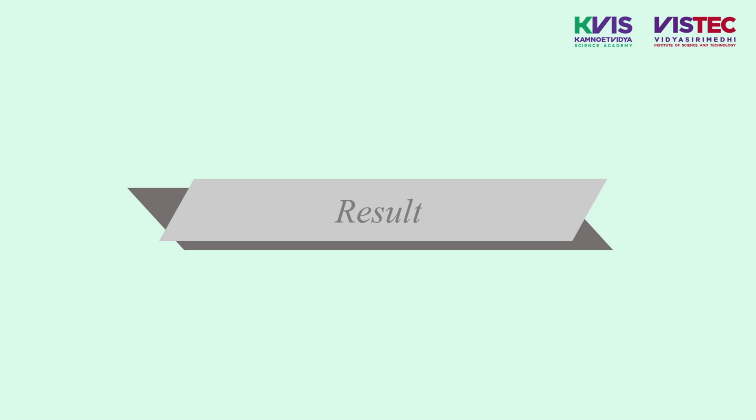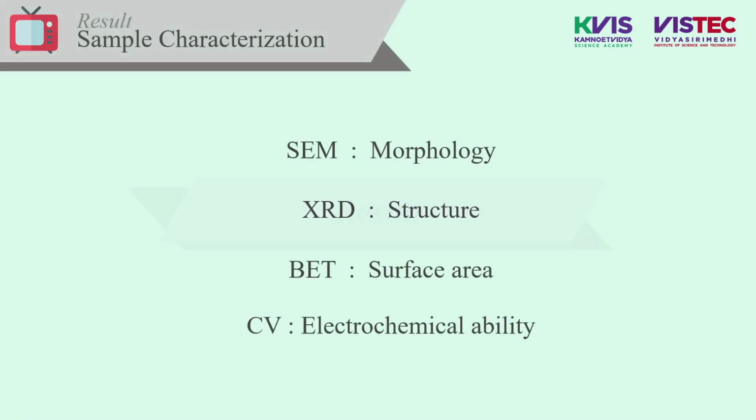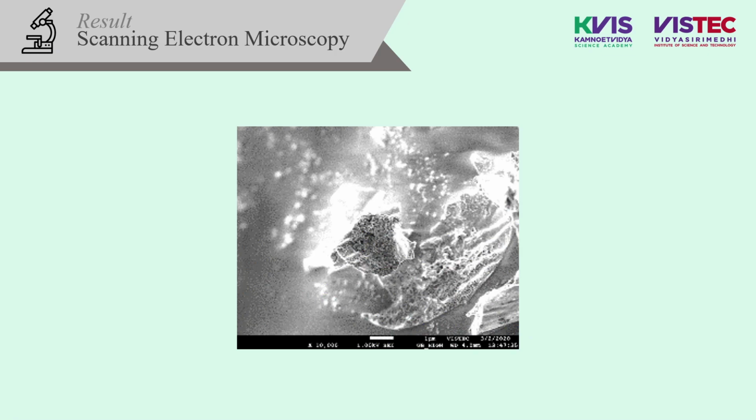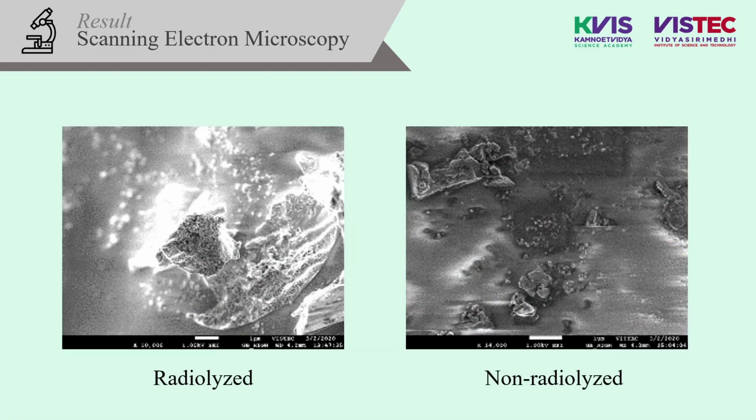Next is the result. We characterize our product using various methods. First is using scanning electron microscope to see the structure, and indeed, the product can be seen as having the highest number of pores and surface area. Also with shining nickel particles on its surface. The product is also compared with the non-radiolyzed version, which we can see has less nickel